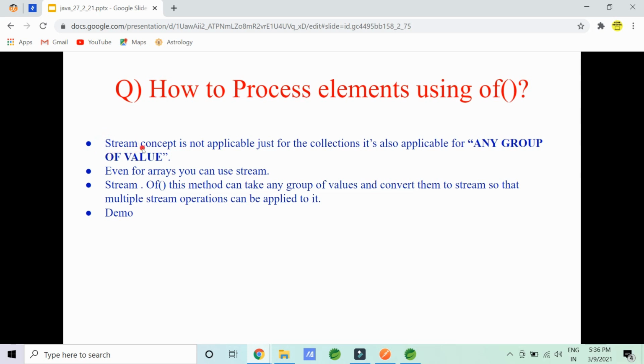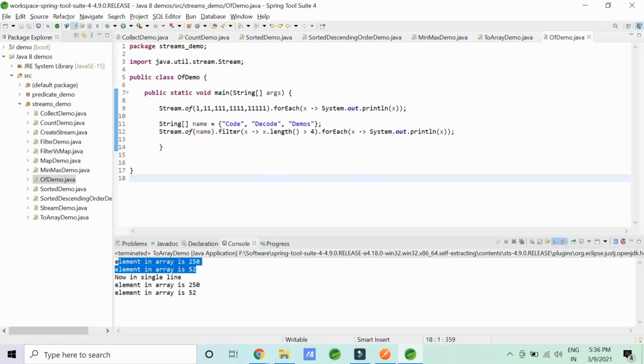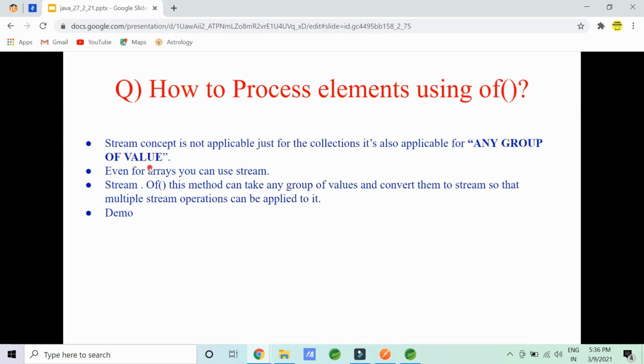Why do you want to convert it into a stream? Because stream has many benefits. We have seen that using a stream, we can count, we can filter, we can map, we can do anything you want to do with a collection of objects. So there can be a chance that you want to convert a group of elements into a stream. How would you do that? Just use this method, Stream.of, and any group of values will be converted into a stream.